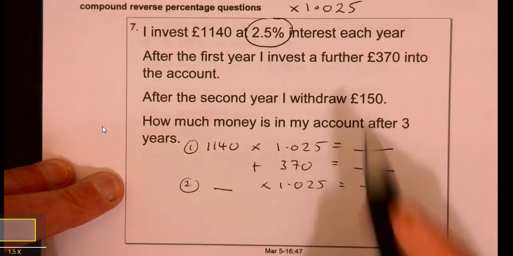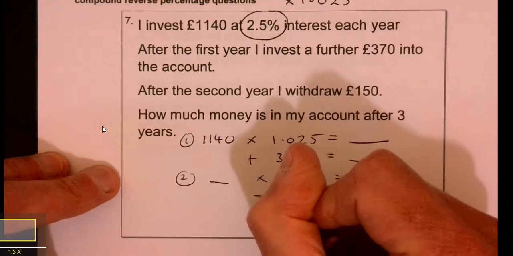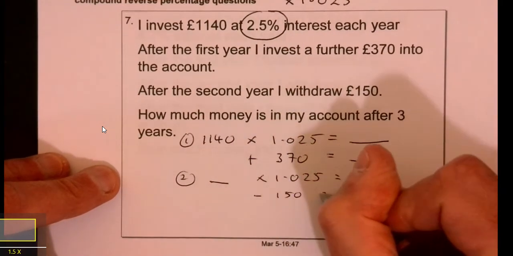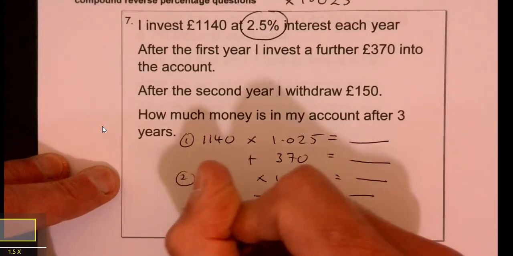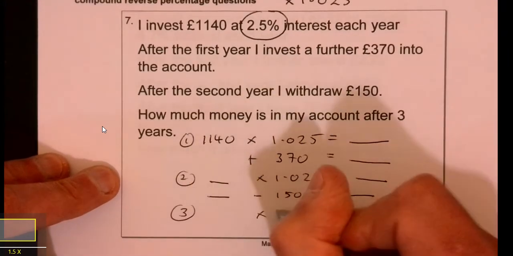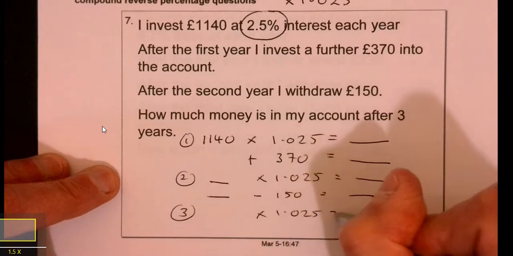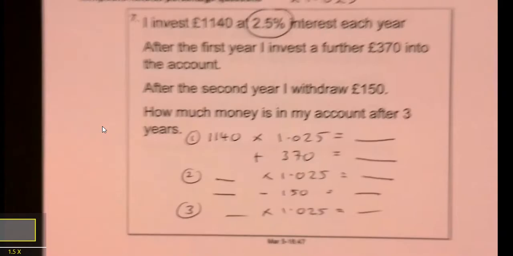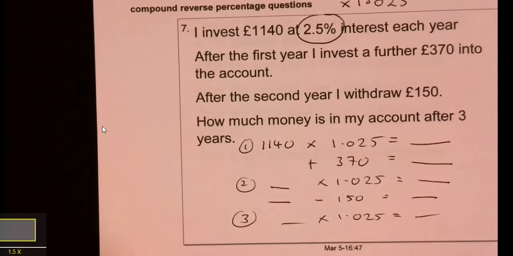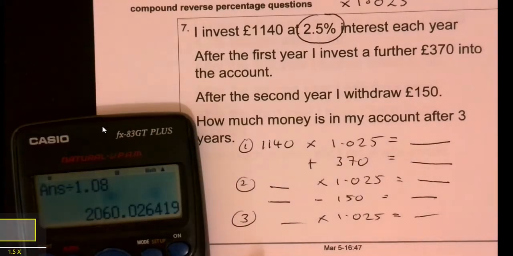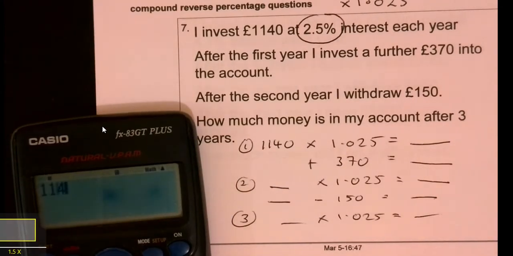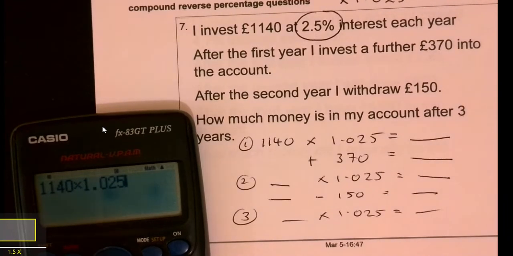We take out £150. And then how much money is in my account after 3 years? Times it by 1.025. Right, and now the calculator does its work. So 1140 times 1.025, and that's going to equal